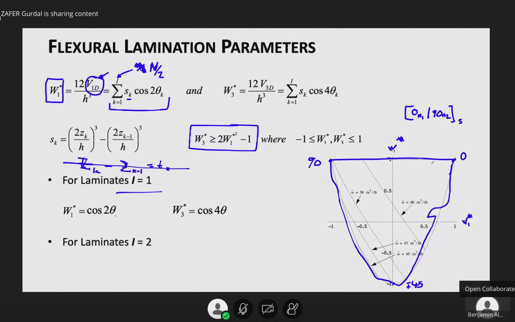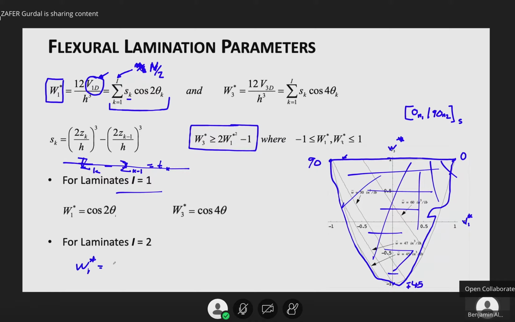symmetric, in which case those laminates are going to be the ones along this boundary, horizontal straight boundary, where W3 star is actually minus 1, plus 1. For laminates with I equals 2, then the entire inside of this diagram is the design space. This entire diagram becomes acceptable, and in that case, W1 star